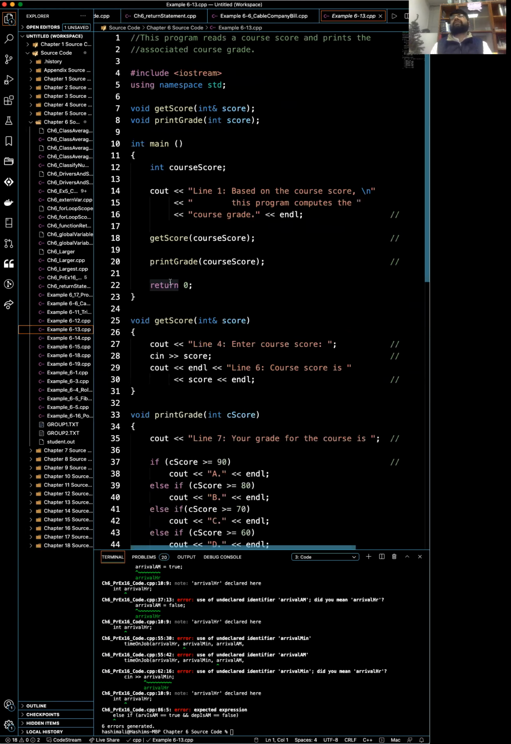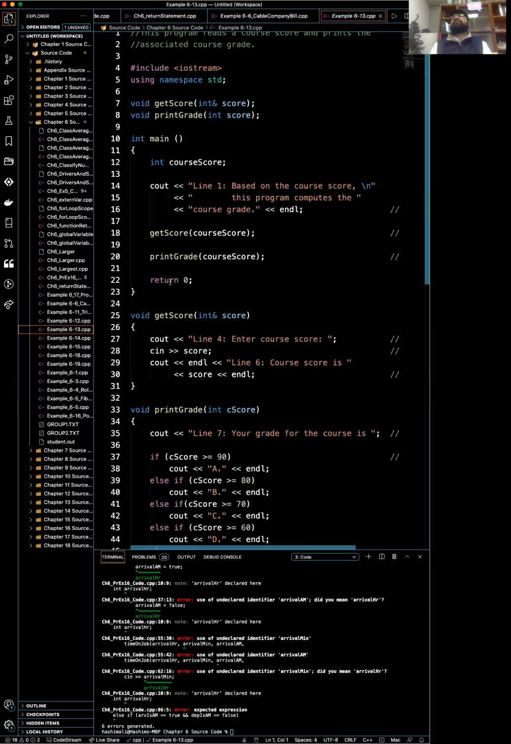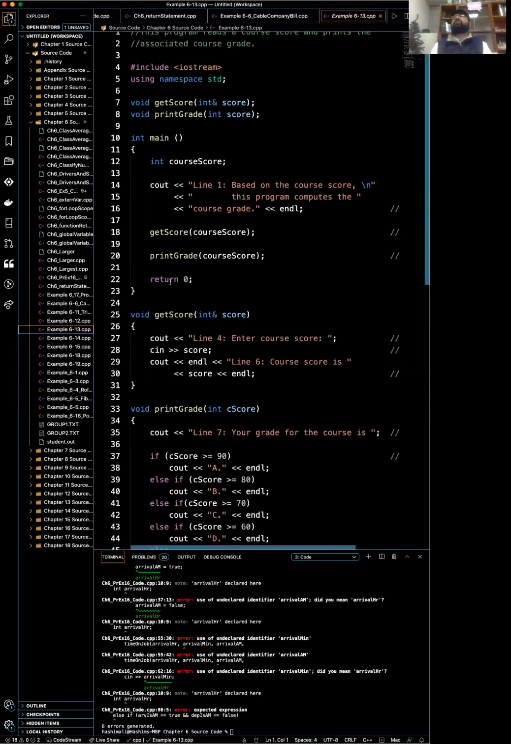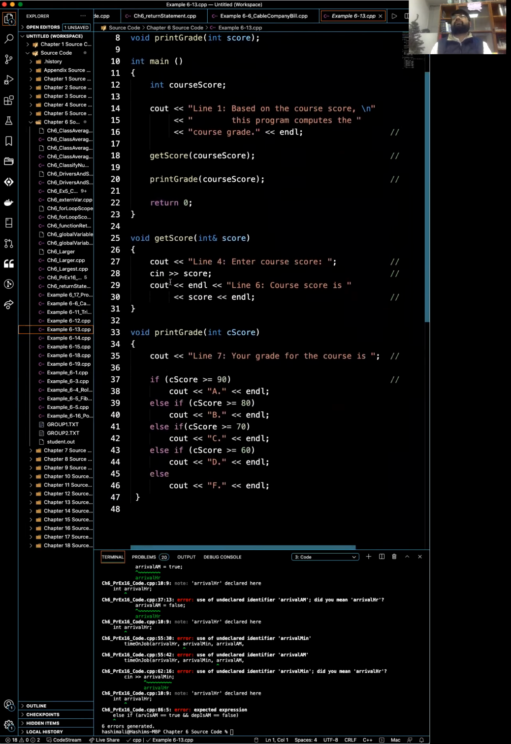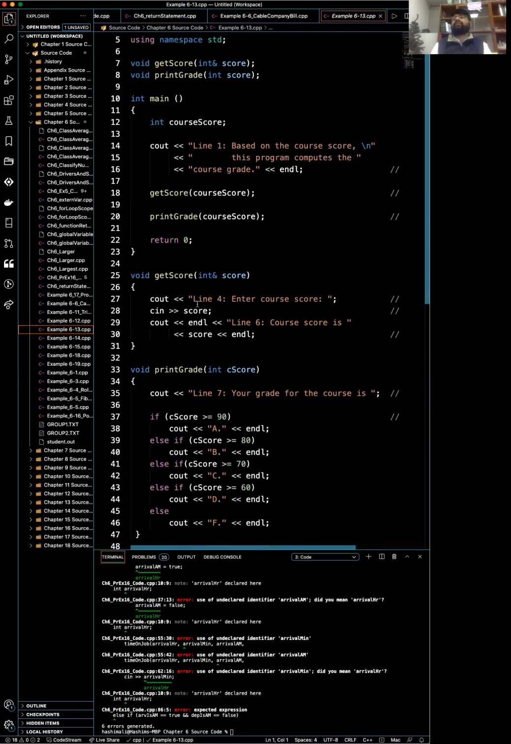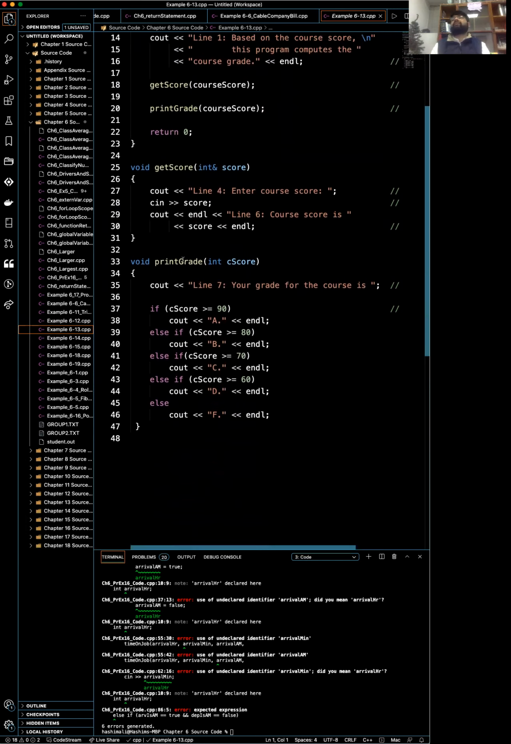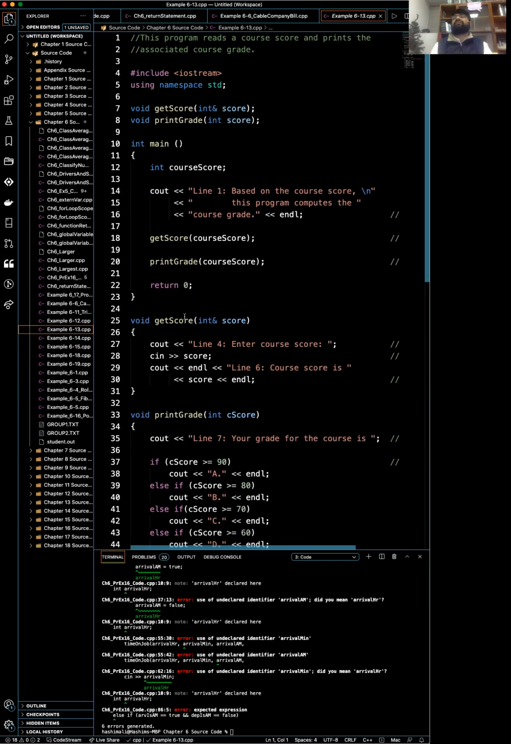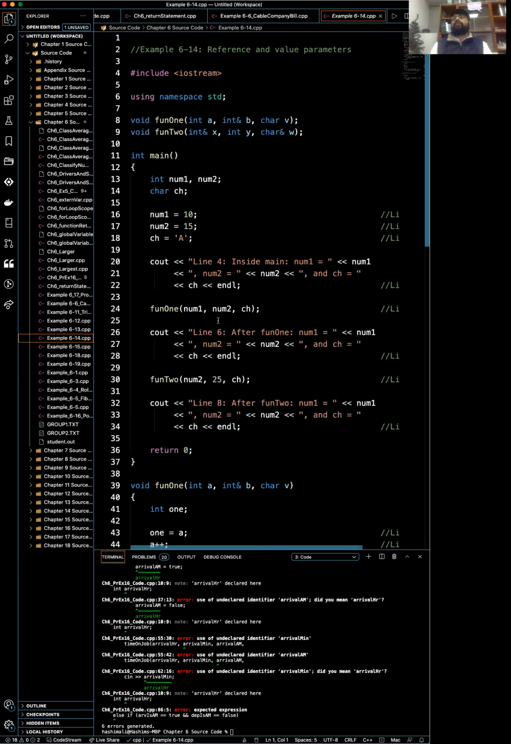Okay, let's go to 6-13. This program reads a course score and prints the associated course grade. And again, look how small this main function is. In course score, you get score, you print grade, and you return. That's it. Everything else is being done over here in the different functions. This makes code much more readable and much easier to understand. Once you understand functions, this is really nice. So let's talk about the next